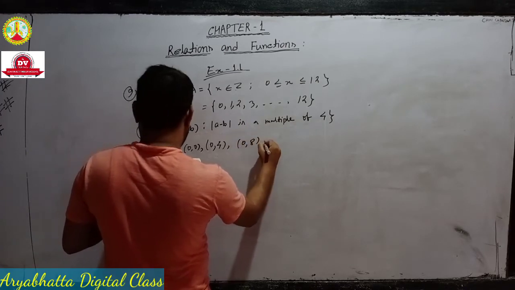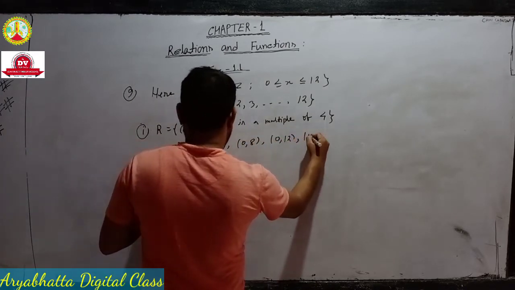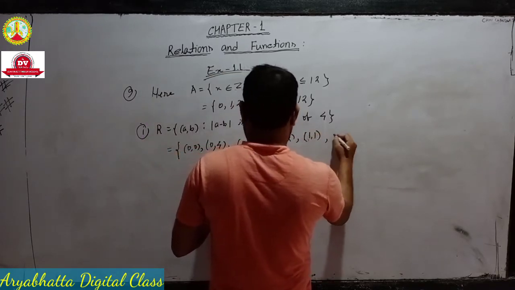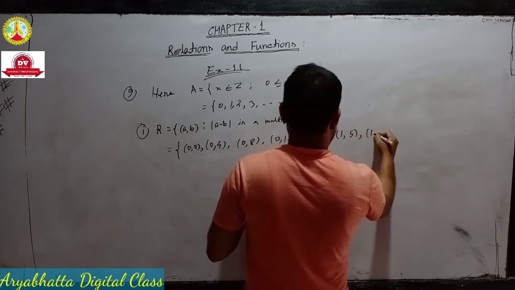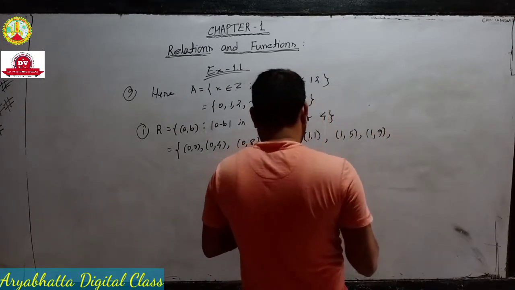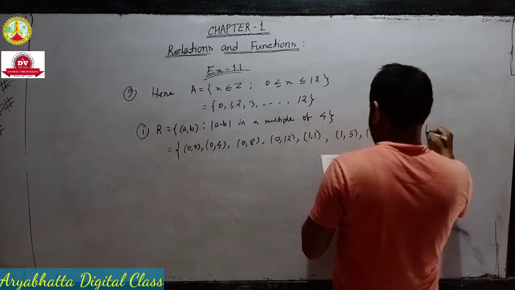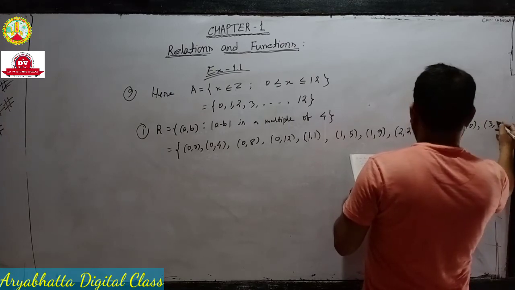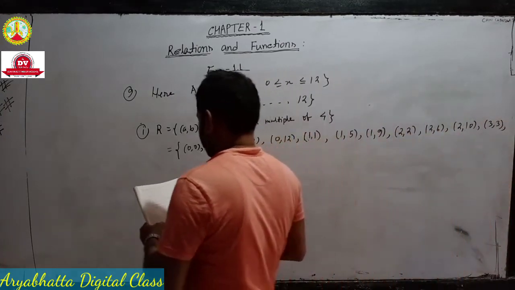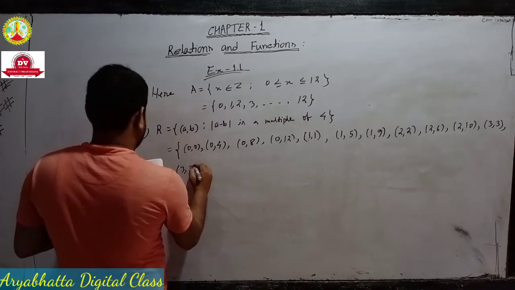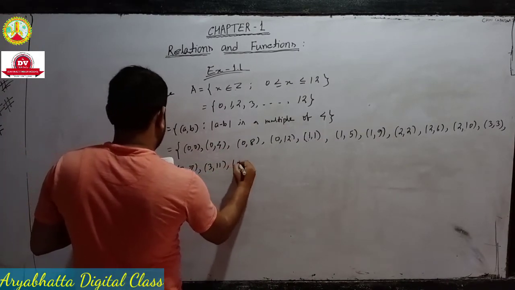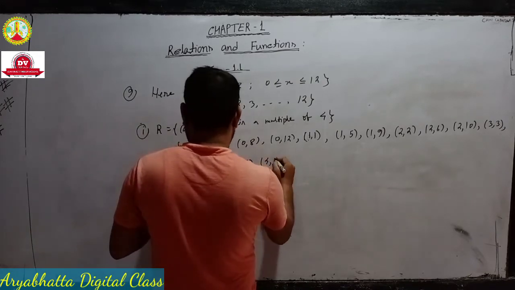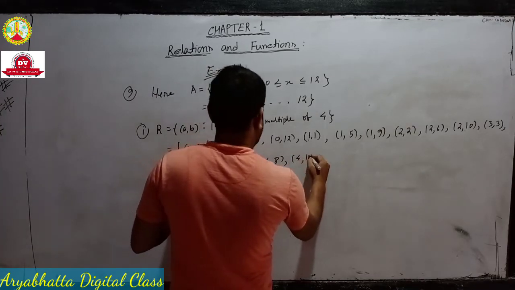Next (0, 8), (0, 12), (1, 1), (1, 5), (1, 9), (2, 2), (2, 6), (2, 10), (3, 3), (3, 7), (3, 11), (4, 4), (4, 8), (4, 12),